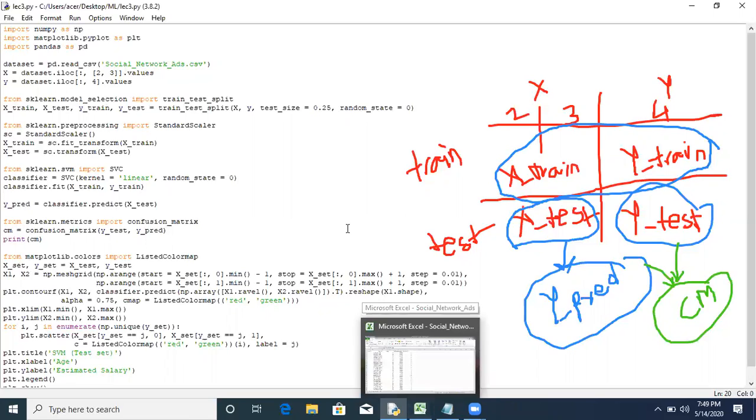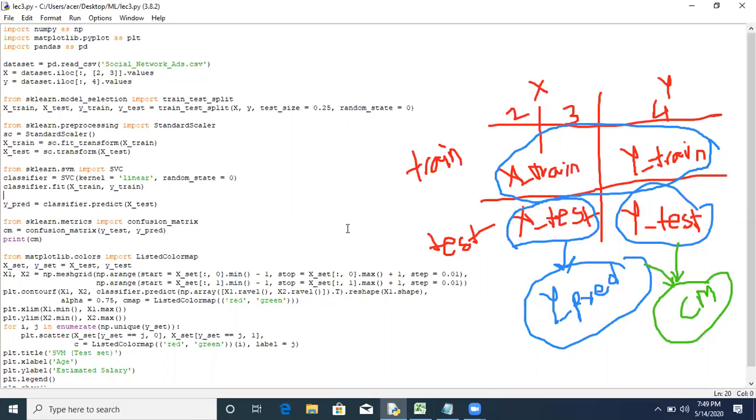We have already seen in the previous lecture that we are getting the output which is linearly separable in the case of logistic regression. So I am again repeating, you have to visit the previous lecture to get a better understanding of this because the things are similar. So the kernel we are using is linear and random state I am keeping at 0. Then this is the training part. For that we have to use the dot fit command because we use the dot fit command for training and we use the dot predict command for testing or for prediction.